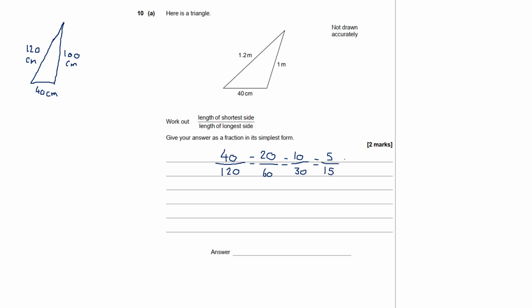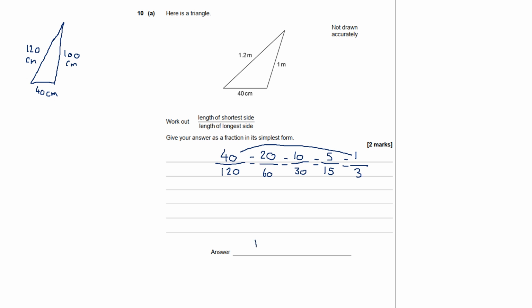Now, they're not even anymore because neither 5 nor 15 is even, but I reckon that 5 can go into both of these. So what's 5 divided by 5? That's 1. What's 15 divided by 5? That's 3. And I'm just going to look at my original answer. Does that make sense? 40 divided by 120. Is that the same as 1 divided by 3? Basically, is 40 three times smaller than 120? Yes, it is. So I'm happy that the answer must be